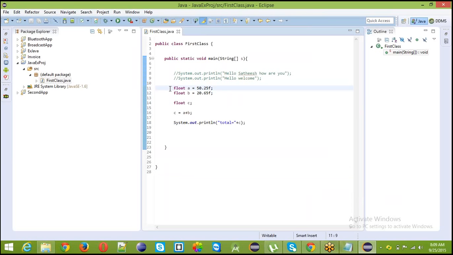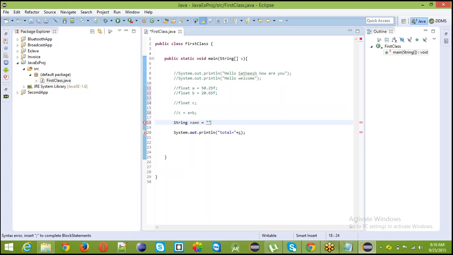And we can also see one example with the string. So how can we use? So I am commenting all these lines. Commenting means it won't be executed by the system. So I am taking one more string. String X. You can take any name, A, B, C, D. Otherwise you can take the name as string name. The string value should be in double quotes. Okay. Satish. For integer and float, no need to use double quotes. Only for strings you have to use double quotes. So total string name is Satish.